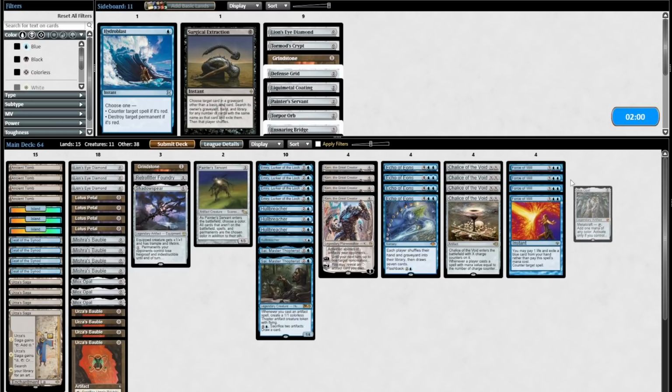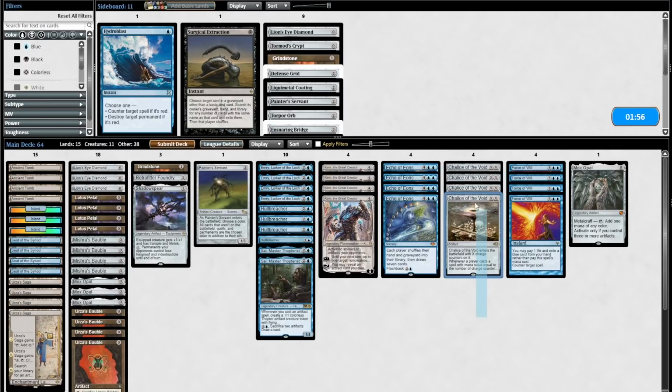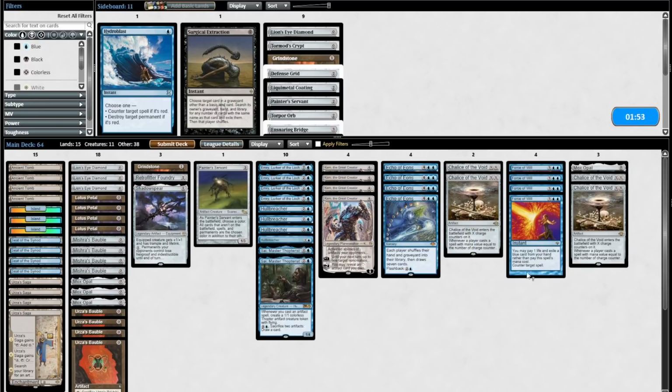Can shave a Mox Opal. Don't want to draw 2 of those. Chalice is of medium importance. Like on the draw, Chalice is just much worse, and this is a Prismatic Ending deck. It's a Teferi deck. It's a Stoneforge deck. I think I do want access to Chalice, but not... Like, I can...